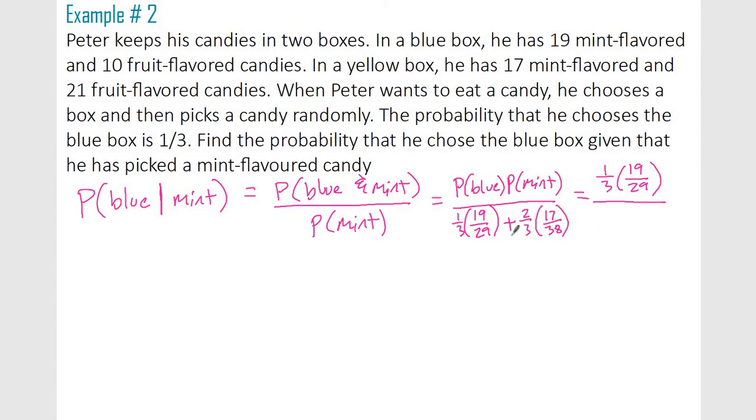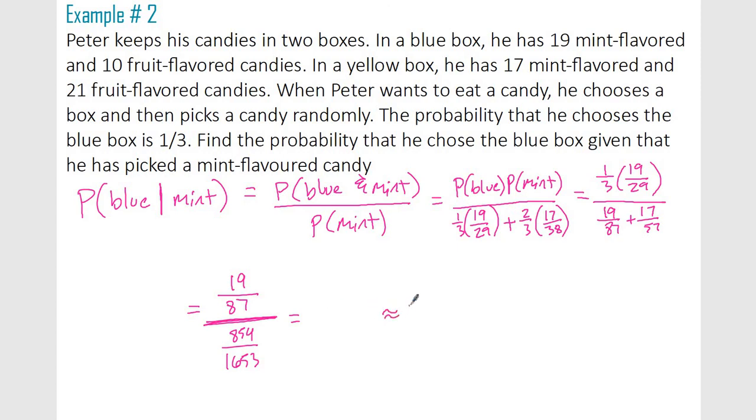Okay, we can simplify this. You can use your calculator. All right, so that becomes, oh goodness, let's see, 19 over 87 plus 17 over 57. Okay, so, oh goodness, so gross. This top number is 19 over 87 divided by the bottom one, which is 854 over 1653. And then this will simplify to,